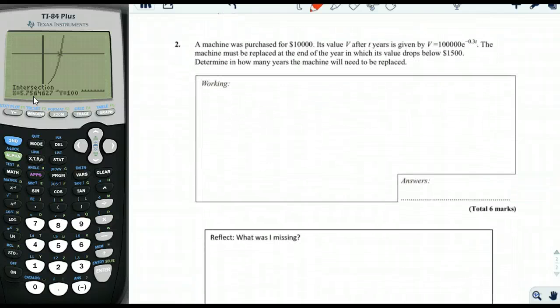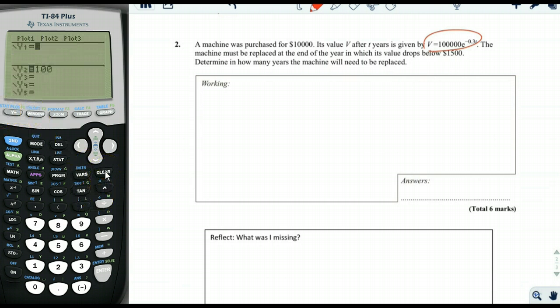Next problem is an exponential that is going down, and we can tell it's going down because of the negative exponent. Okay, so again, we definitely want to put this in the calculator. So let's put it in the calculator. It has, a machine was purchased for $10,000. After 2 years, the value is given by $100,000, and